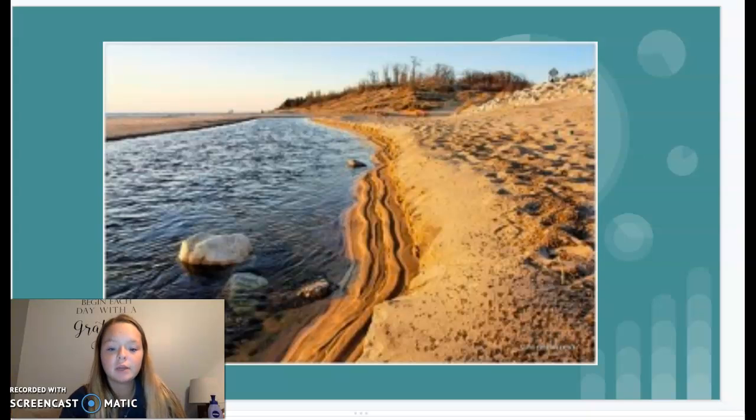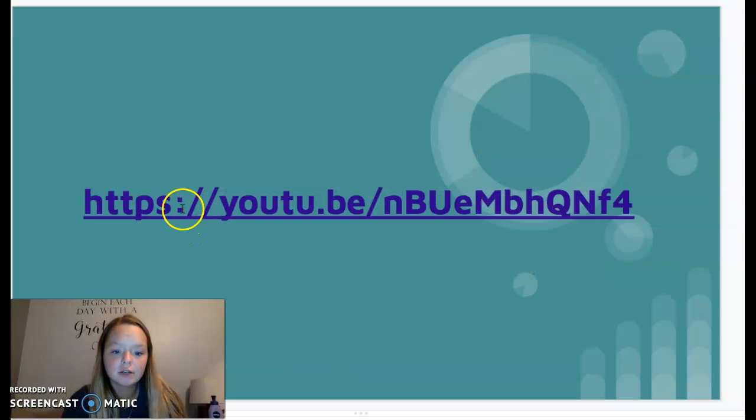For those of you who aren't familiar with Duck Lake, this is a picture I just got off the internet. This is what Duck Lake looks like. Here's Lake Michigan, and then here's Duck Lake, and then over here's actually a bridge that you can swim under, and it'll take you into Duck Lake. So I took a video of